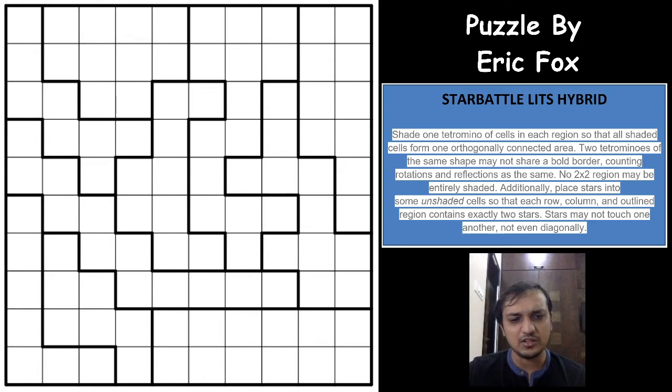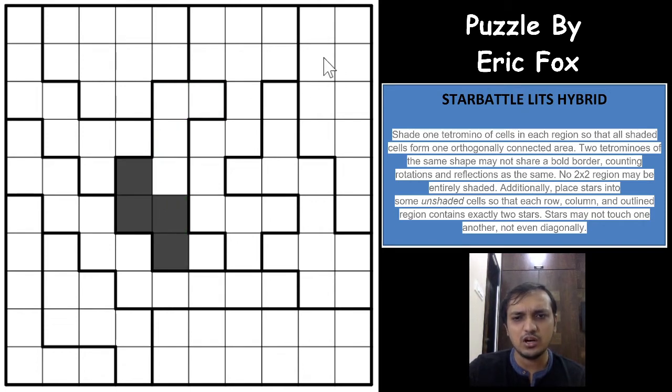Now coming on to the puzzle, there are two rules that are combined into a single puzzle. The first rule is the lids rule. According to the rule, there are some regions, as you can see, right? Each region will have four continuous shaded cells that will form a tetromino. A tetromino is nothing but four shaded cells in a region. Say this is an L tetromino, this is an I tetromino, this is a T tetromino, and the last one is the S tetromino.